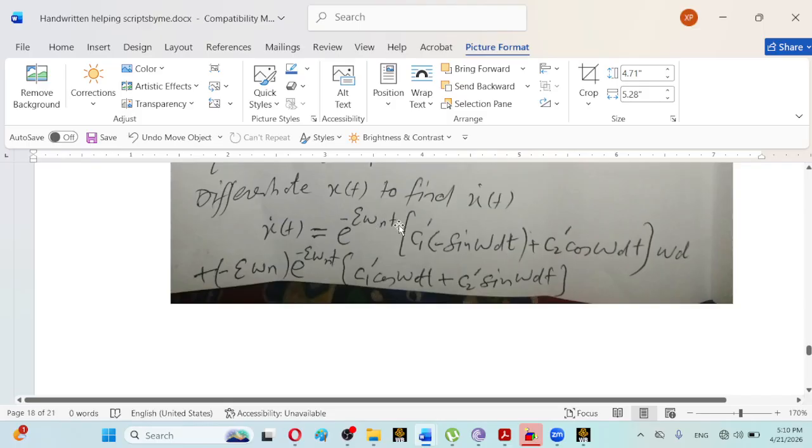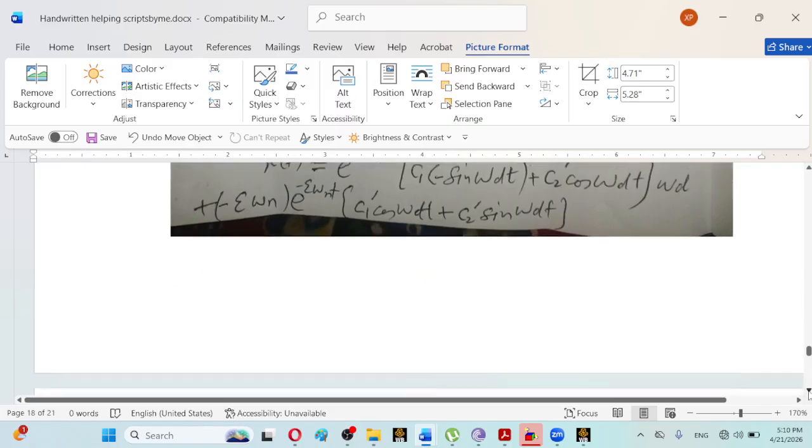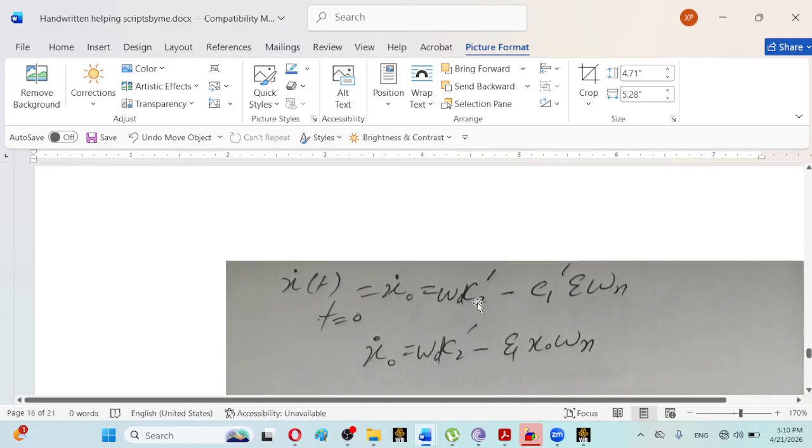When we input time 0 here, as we can observe, this term becomes equal to 1, and this term will be equal to 0, and cos omega dt will become equal to 1. So c2 dash will be multiplied by omega d. So the same has been done here, as we can observe, omega d c2 dash minus